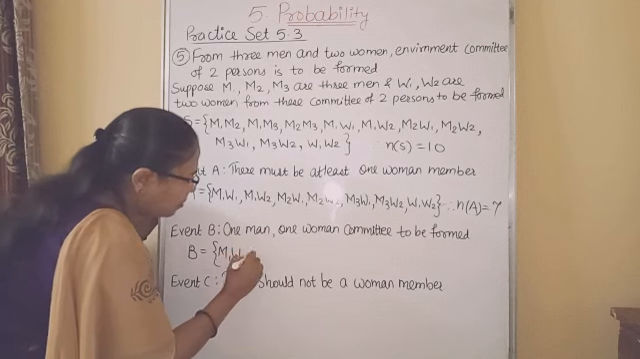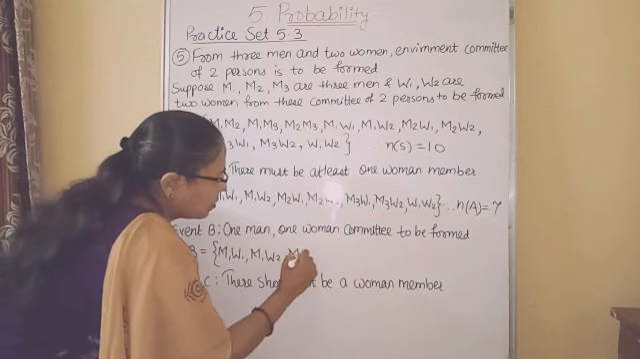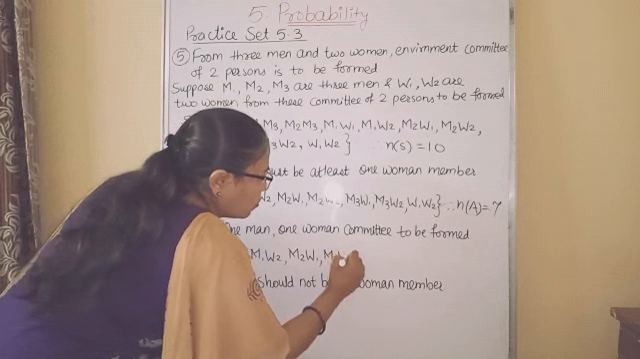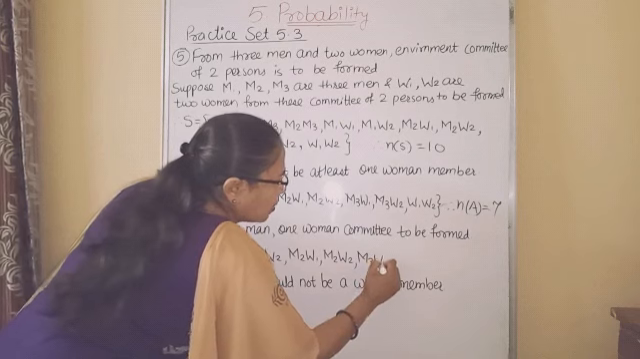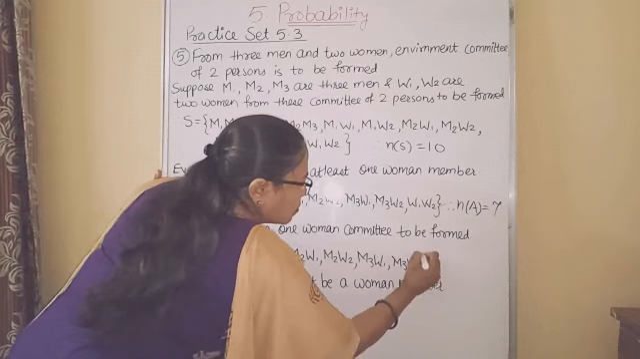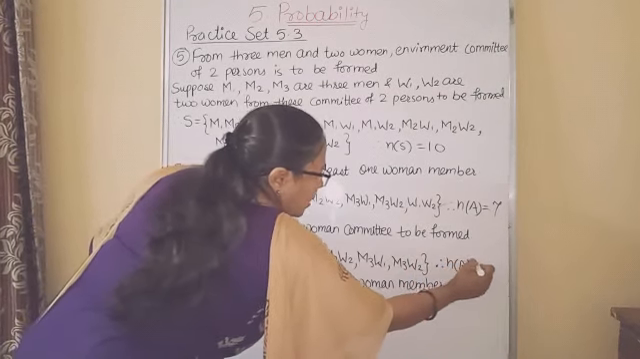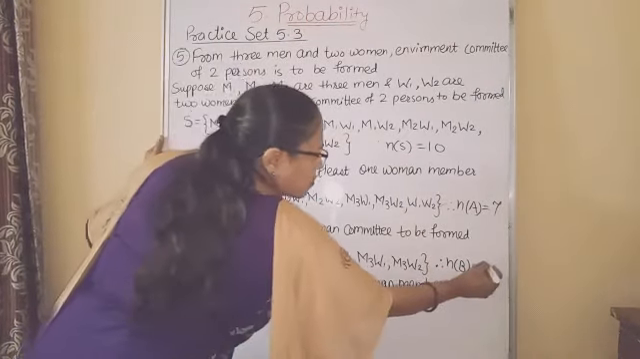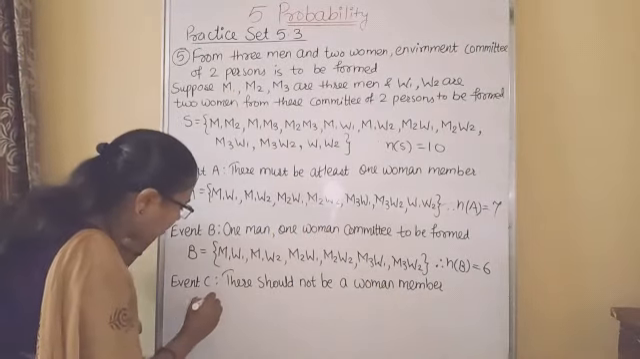M1 W1, M1 W2, M2 W1, M2 W2, M3 W1, M3 W2. Therefore, n of B is equal to 1, 2, 3, 4, 5, 6. Followed? And the last event is